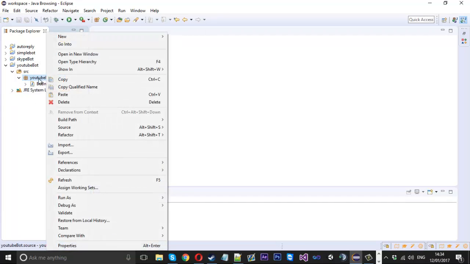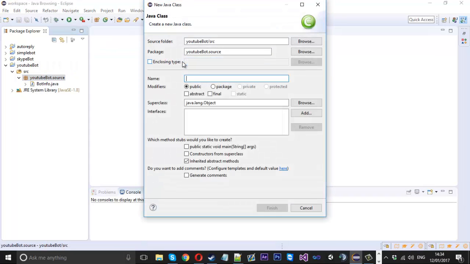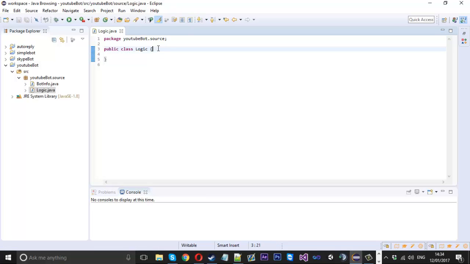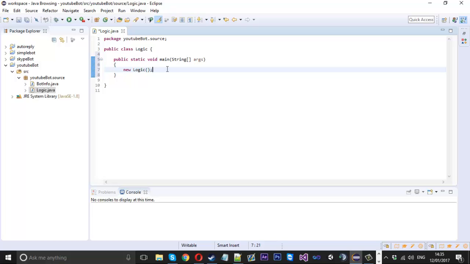and create the new project, you'll right click the package and create a new class, and we'll call it logic. And then inside here, what we want to do is create the main method, and we'll just say public static void main, string args. And inside here, let me just correct that, we just want to call new logic, like so. And now outside of here we'll say public logic,